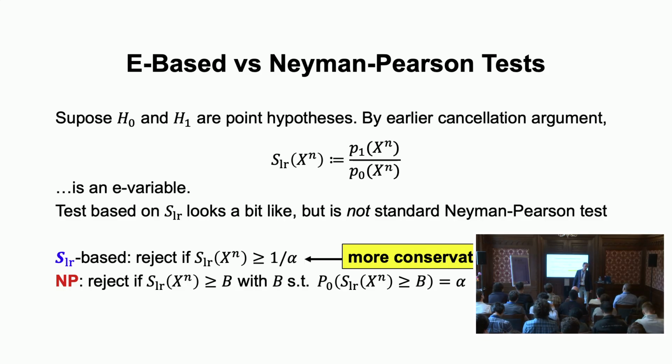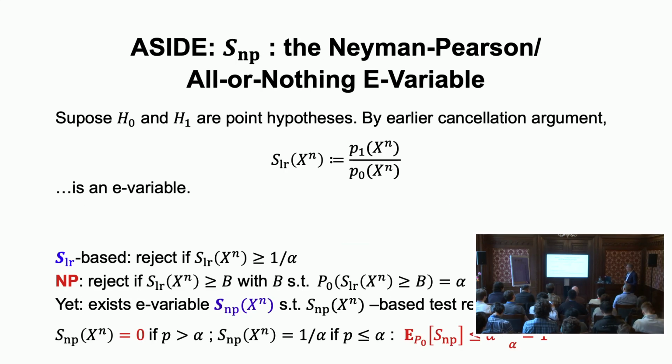This is kind of the most greedy thing you can do. And we do something less greedy. But we still use the same test statistic in simple versus simple testing. Now, what does this have to do with what I just said? This actually relates to your question also. There's also something else we could do in the e-value world. As I said, we usually use likelihood ratios, but the only thing that really matters is that we have expectation bounded by 1, or we can think of it in terms of gambling, that we bet in some way where under the null we cannot expect to gain any money.